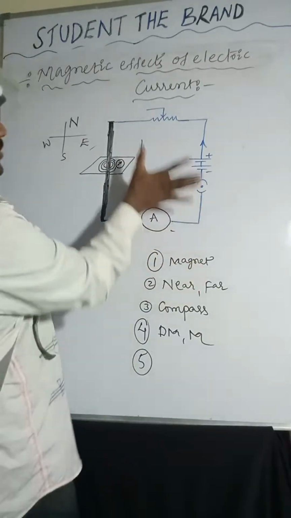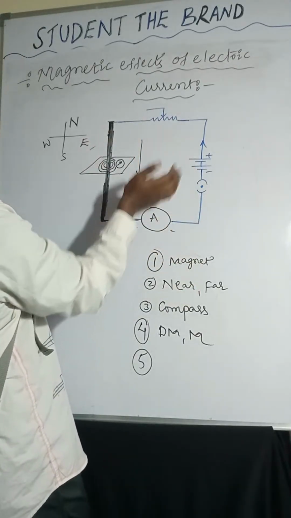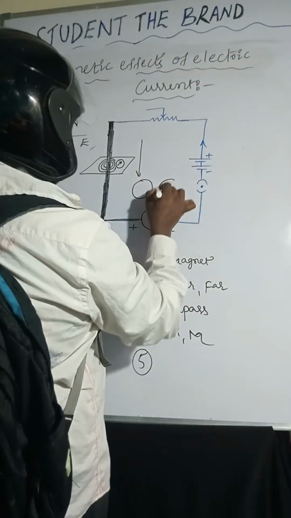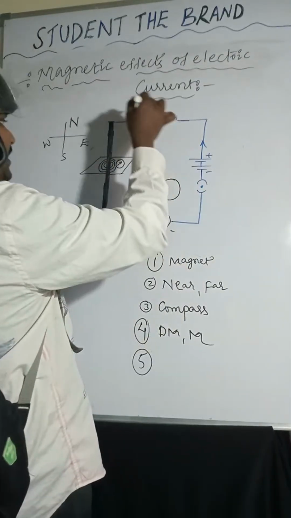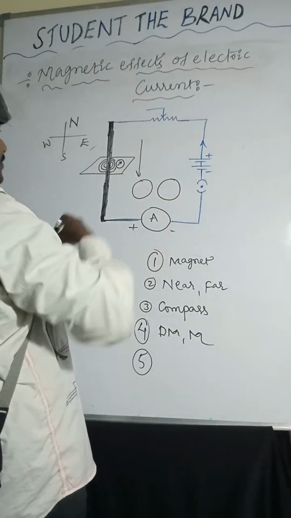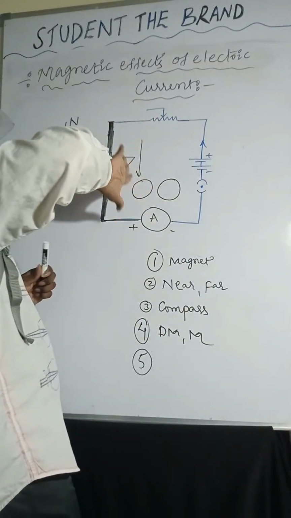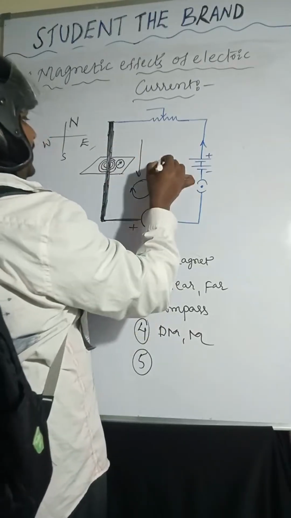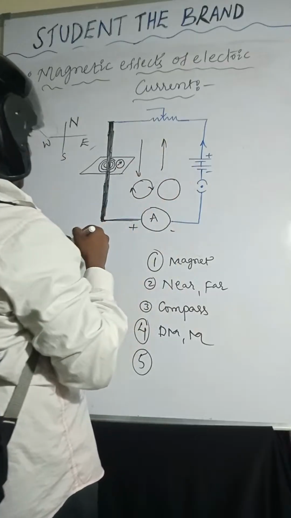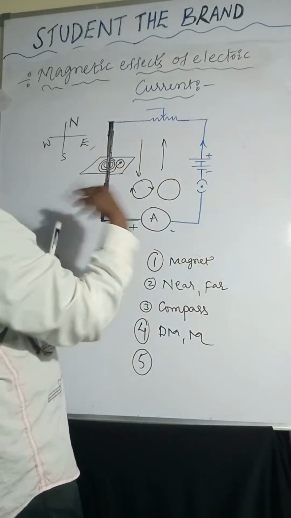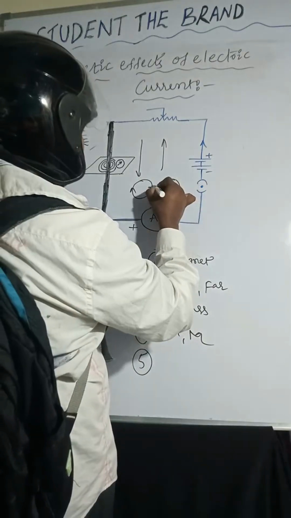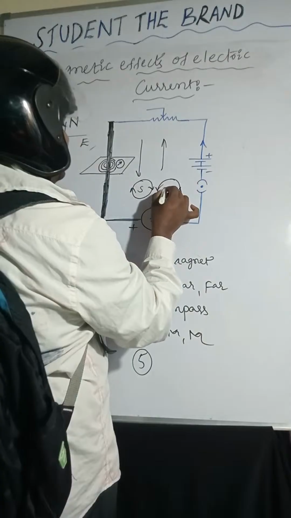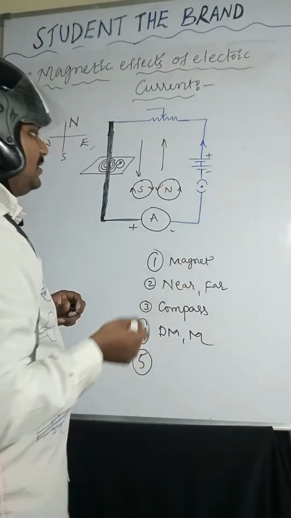If the current is moving upward, the magnetic field will be anti-clockwise. So we can take clockwise direction and anti-clockwise direction. If the current is moving downward, the magnetic field will be clockwise. This is the clockwise direction. If the current is moving upward, the magnetic field will be anti-clockwise. Very, very important. Clockwise direction is south pole, anti-clockwise direction is north pole. So related to the clock face rule,